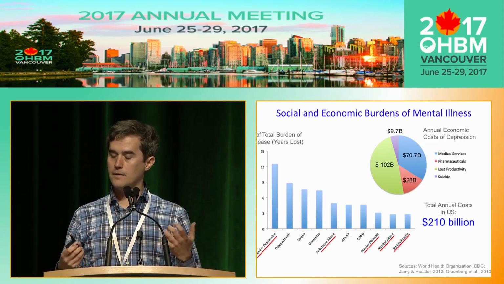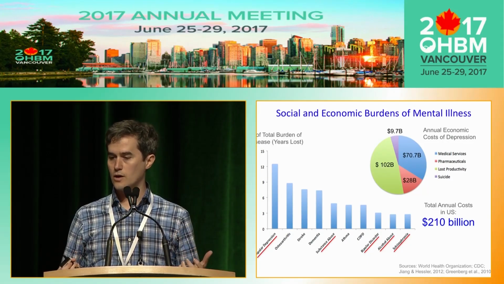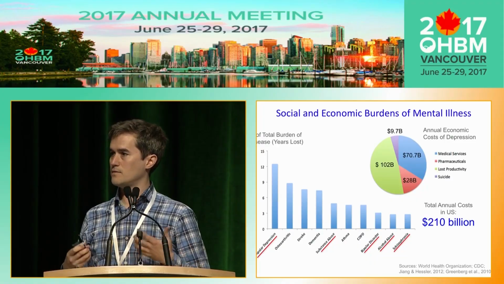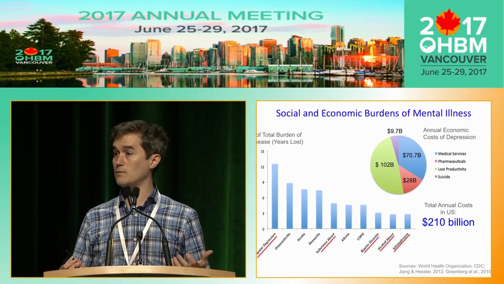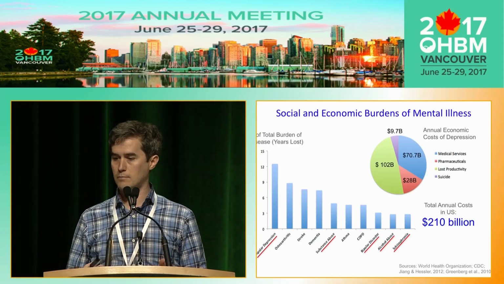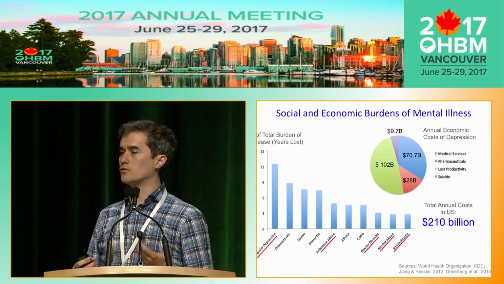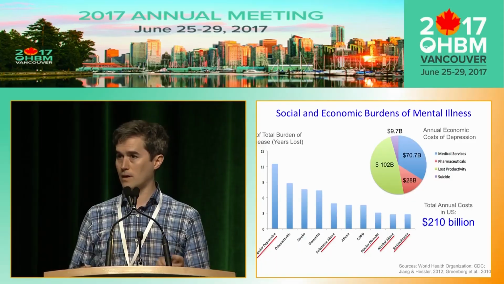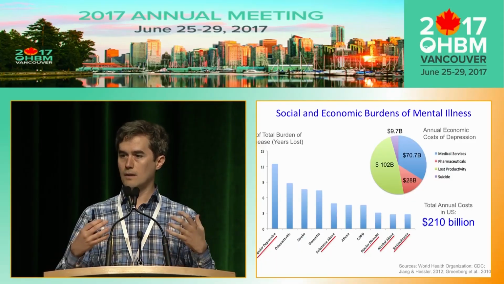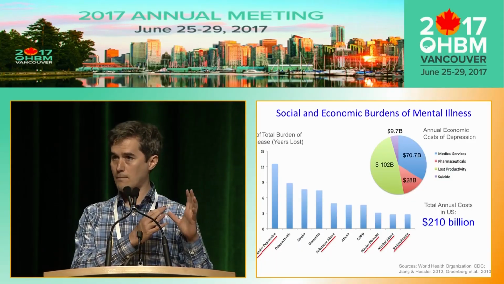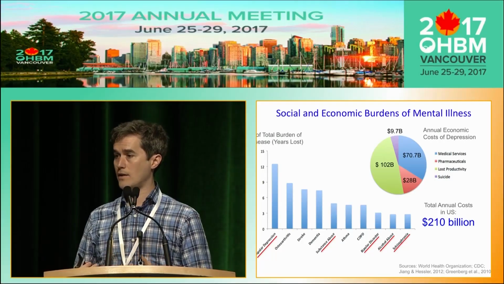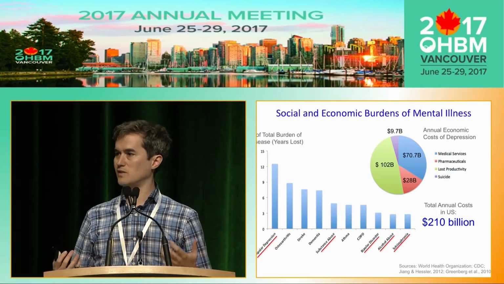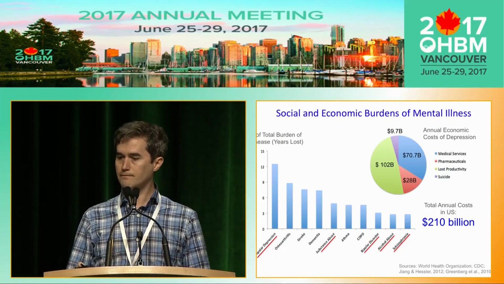And as you can see from this slide, the take-home message is that we've talked about this already today. Many of these disorders, mental illnesses, are extremely costly, both in terms of disability and in terms of the amount of money we spend on treating them and problems related to them. And I think one of the reasons they're so difficult to treat well is something Tor and other people have mentioned today, which is that there's not a good mapping between our diagnoses in psychiatry and their biological substrates. And so it's hard to develop fundamentally new and more effective treatments.